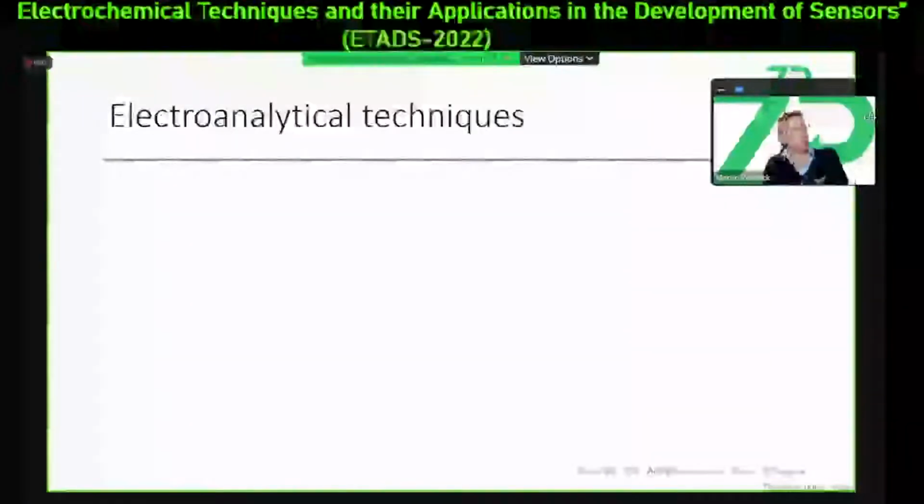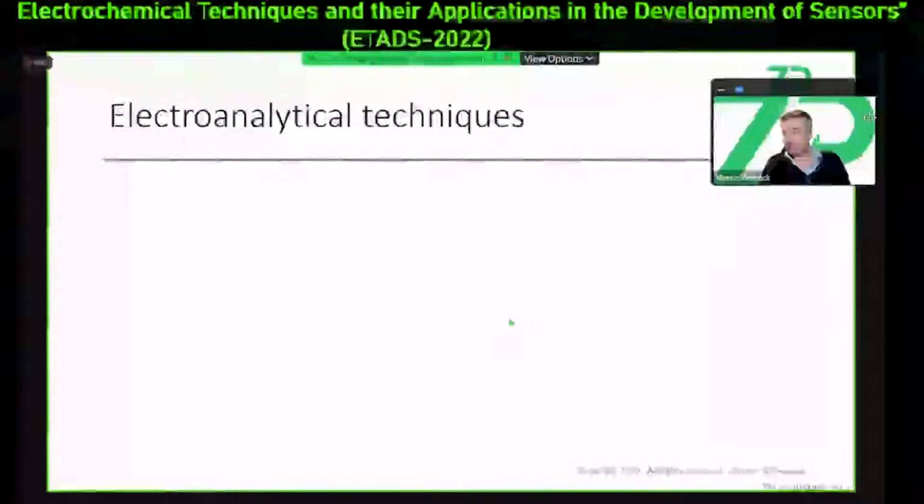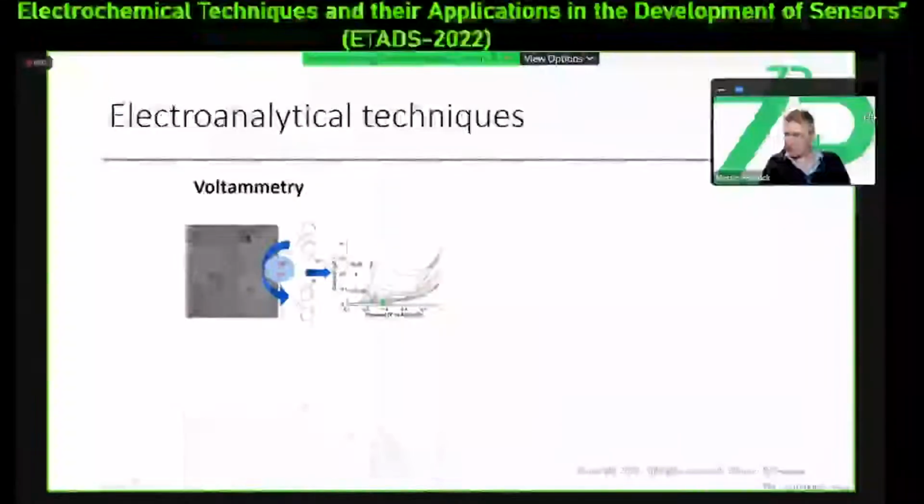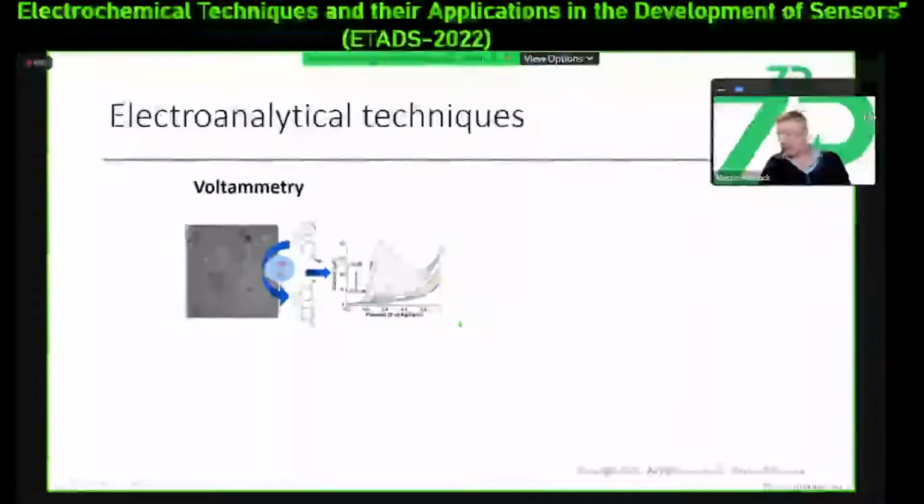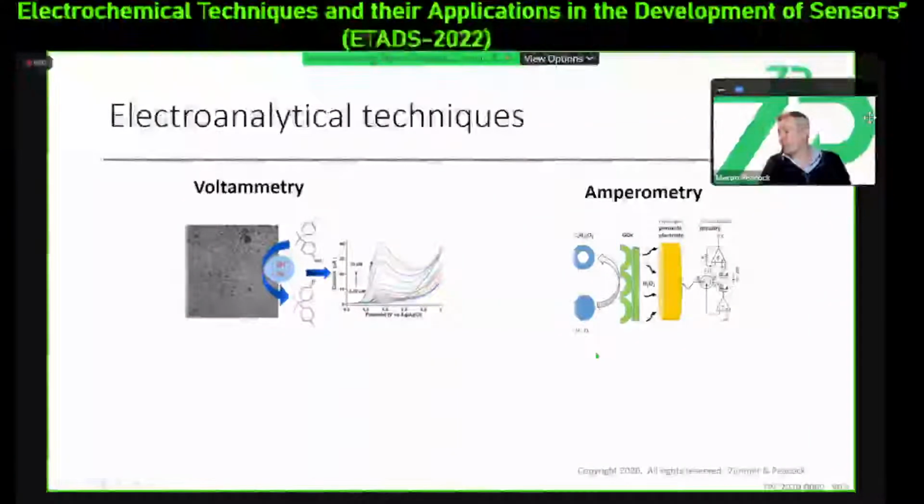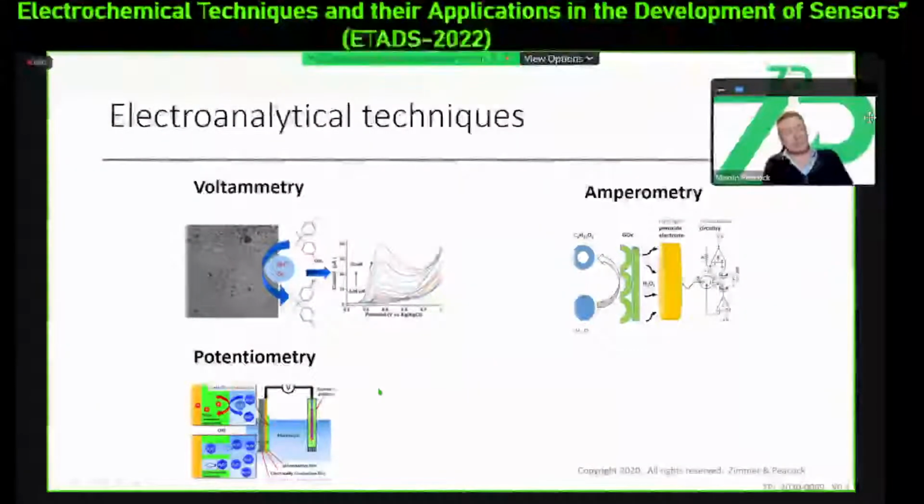Now, I appreciate that some of this conference is intended to educate the next generation of electrochemists. So we will be doing voltammetry. There's many types of voltammetry. Today we'll be keeping it simple and just doing cyclic voltammetry. We will also be doing some amperometry, with oxygen as the analyte. We will be doing some potentiometry. The nitrate sensor that I just showed you is actually an example of